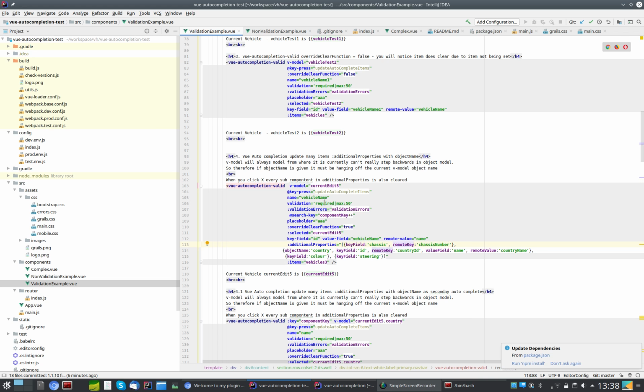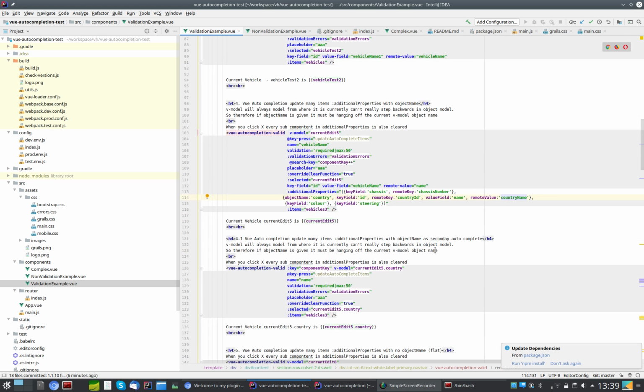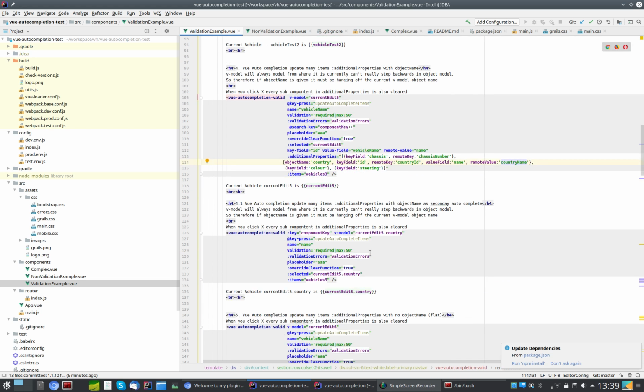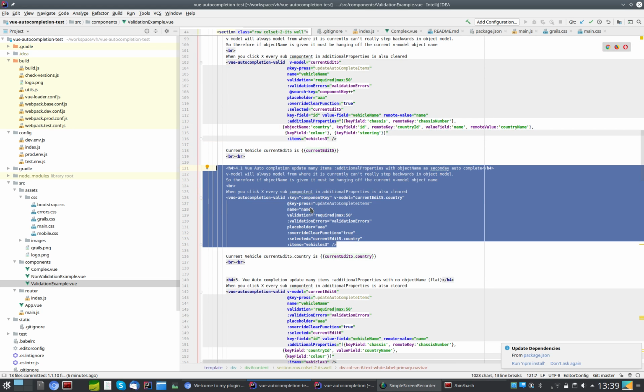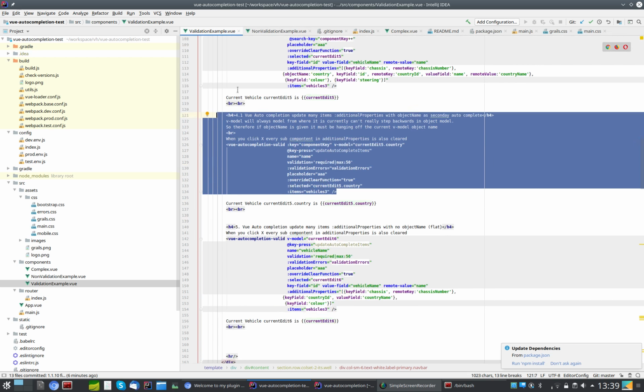And on this one, on the current edit 5, we've got something called object name country. So it says bind to this object within current edit 5 and map ID locally to country ID remotely and name locally to country name remotely. So current edit 5 .country .id and .name then gets set or read or whatever it is. And obviously this is our 4.1, which is the country part of 4, and 5